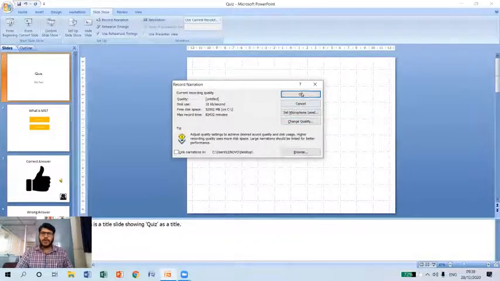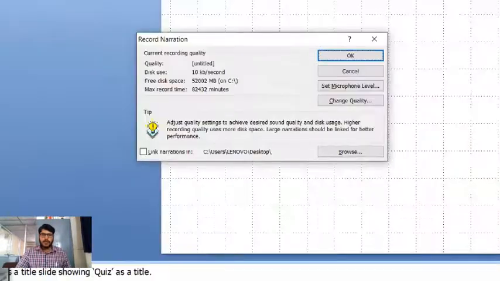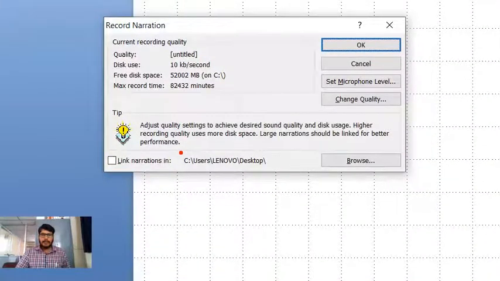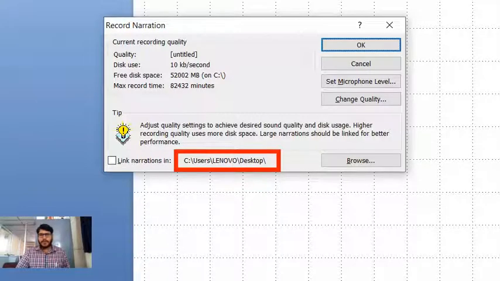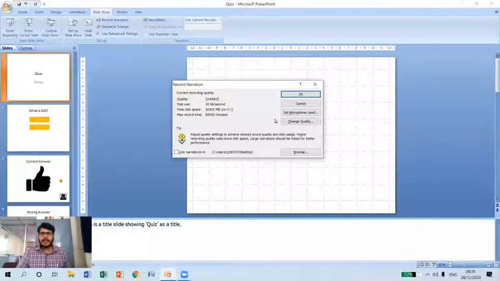So now let me show you how we can record a narration by clicking OK. So now what I will do, I'm going to click on the OK button. So before that, let me show you. This is the narration path, where actually I can get my narration. Okay, so this is the path where actually we can get our narration file. So now let me click on OK, so that we can start the narration recording.